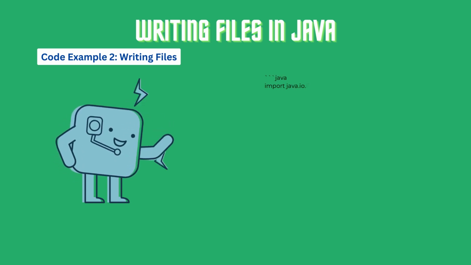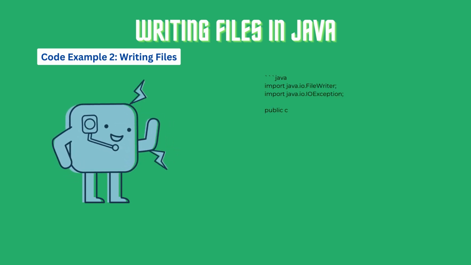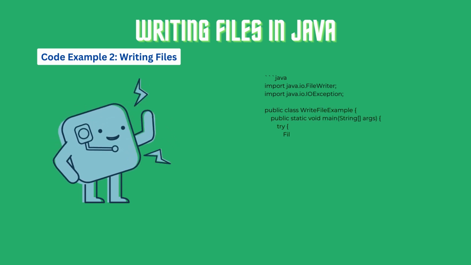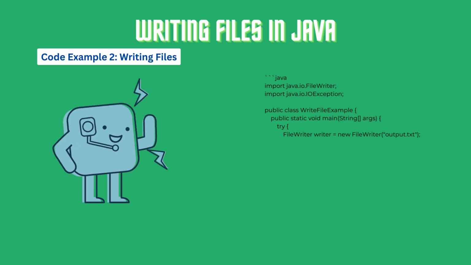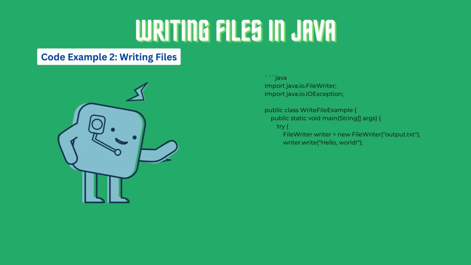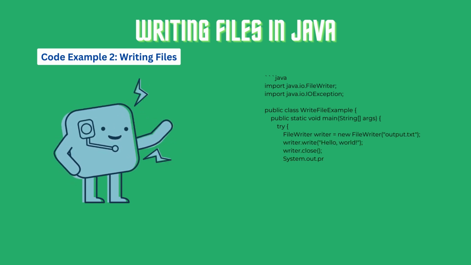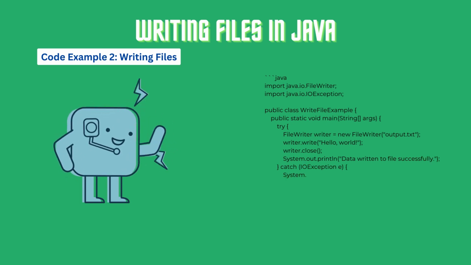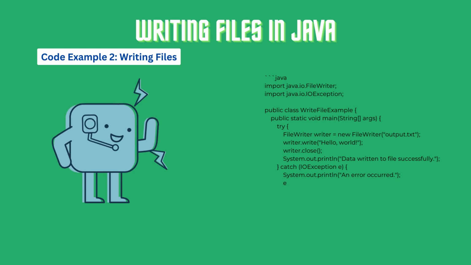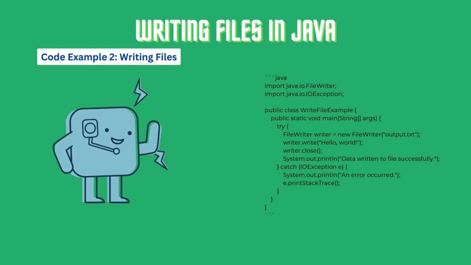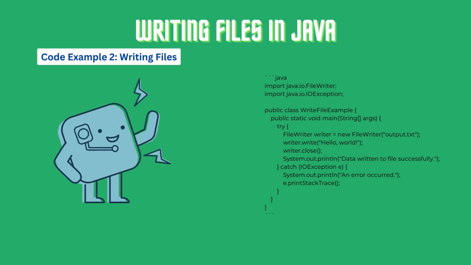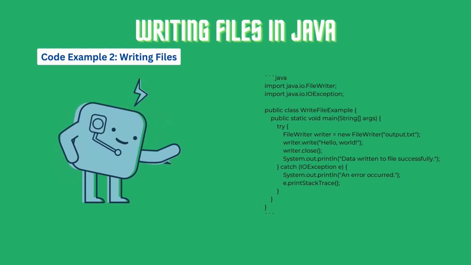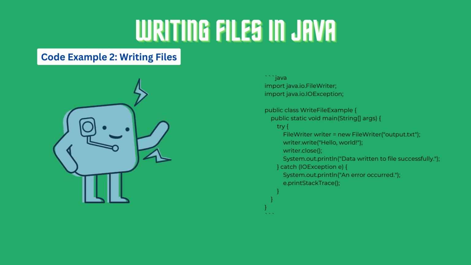import java.io.FileWriter; import java.io.IOException; public class WriteFileExample { public static void main(String[] args) { try { FileWriter writer = new FileWriter("output.txt"); writer.write("Hello, world"); writer.close(); System.out.println("Data written to file successfully."); } catch (IOException e) { System.out.println("An error occurred."); e.printStackTrace(); } } }